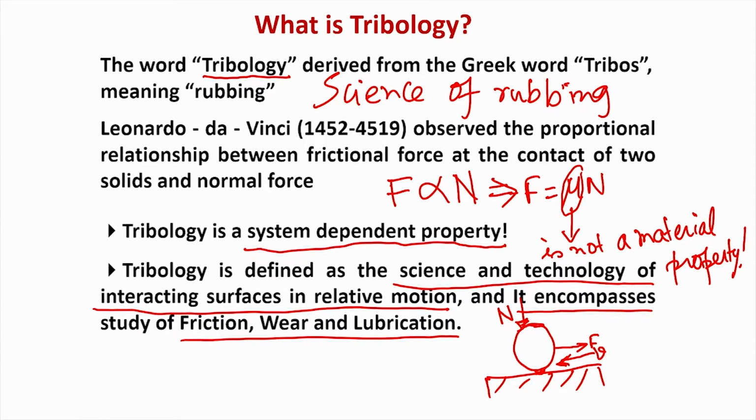That means the lubricant is not allowing the two solids to come in close contact with each other, and if it happens, then the coefficient of friction can be extremely small,